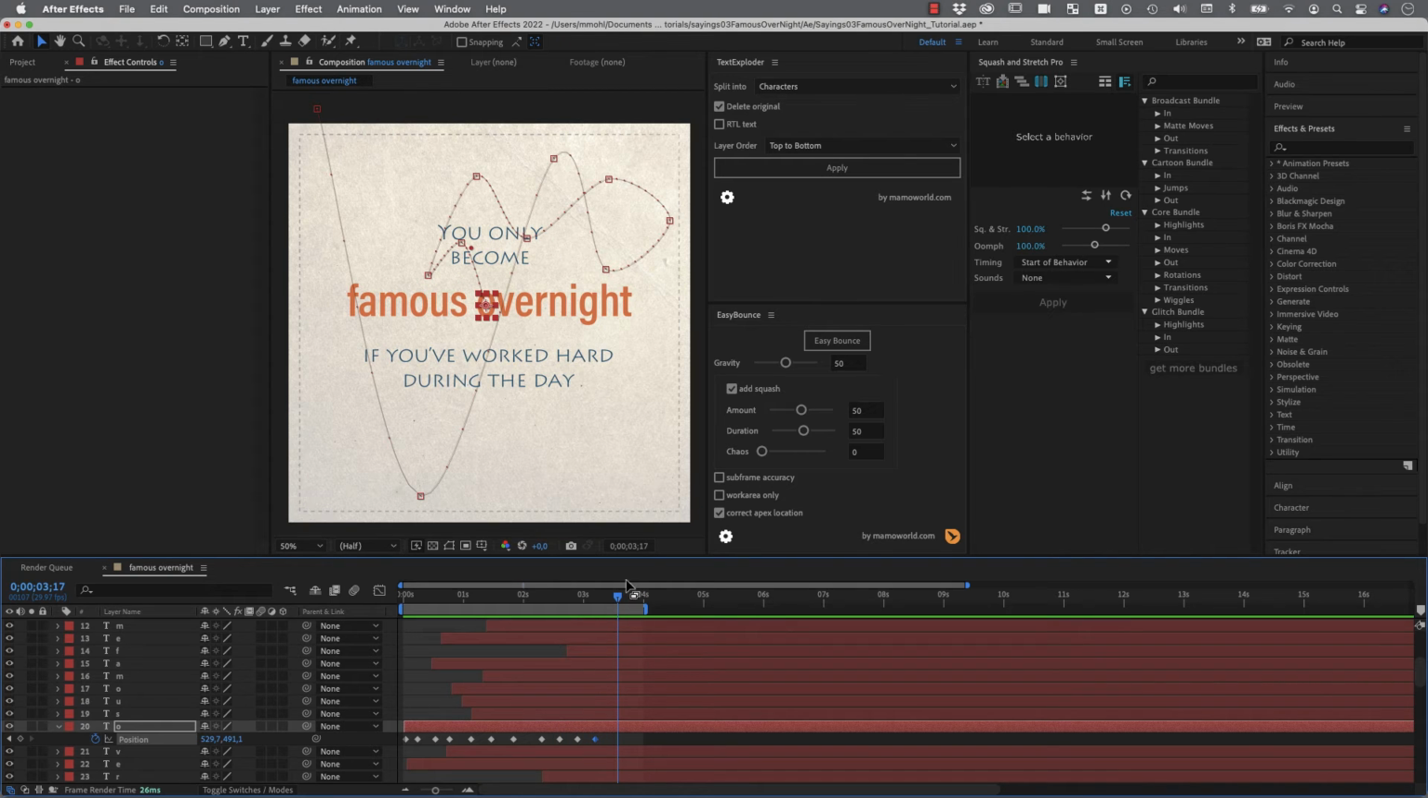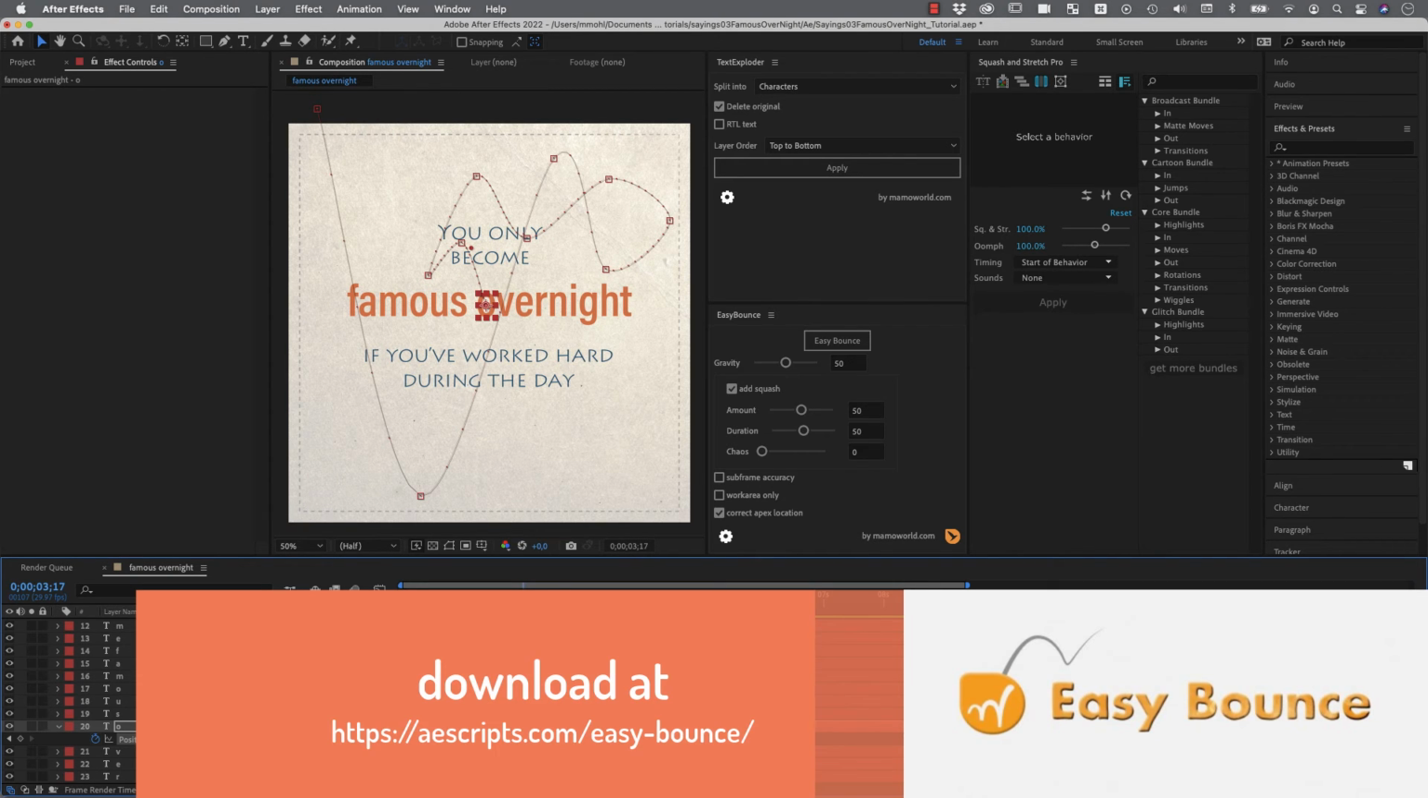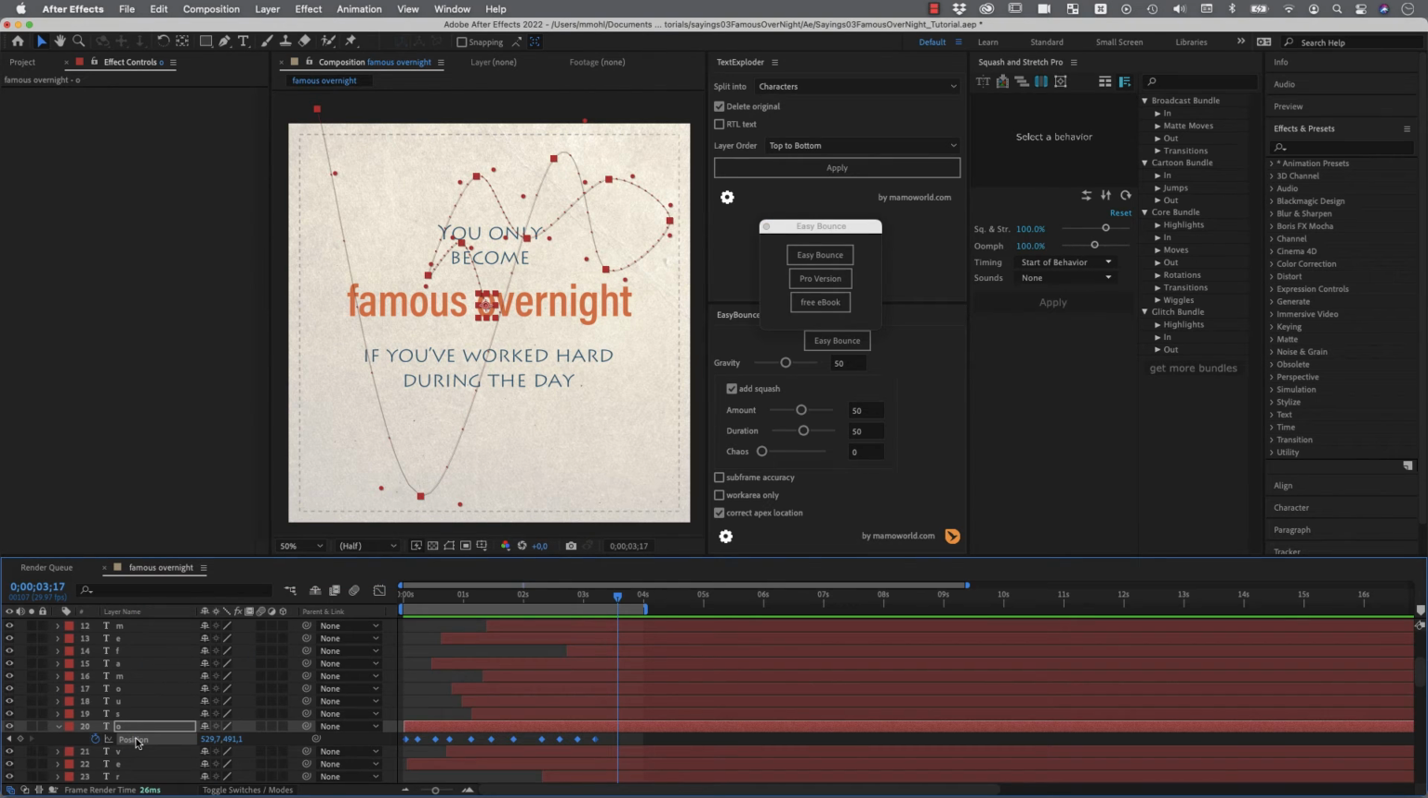And the great thing is that we've got this tool Easy Bounce, and there's even a free version of it, and I've got the free version open right here, that turns this into a realistic, into a physically accurate bounce move. So after you roughly keyframed your position, you can just click on Easy Bounce,